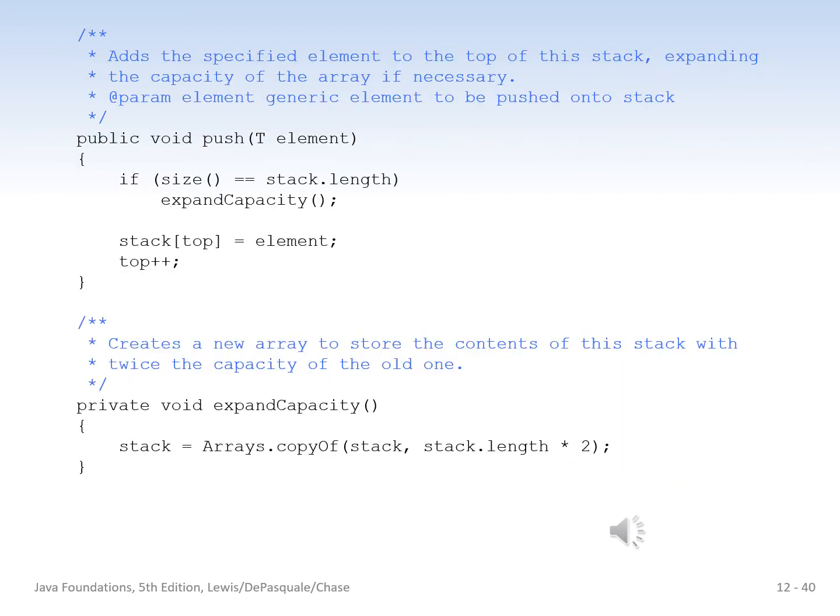Here's how we take care of push, and we also have a method expand capacity, and you'll see how that works in just a second. So in the push method, we have a generic element as the parameter being passed to push, and if the size of the underlying stack, which is the structure supporting, the underlying array is equal to stack dot length, then we call